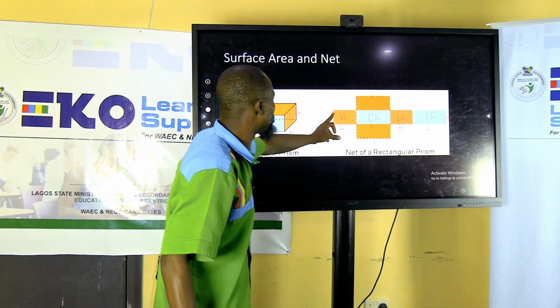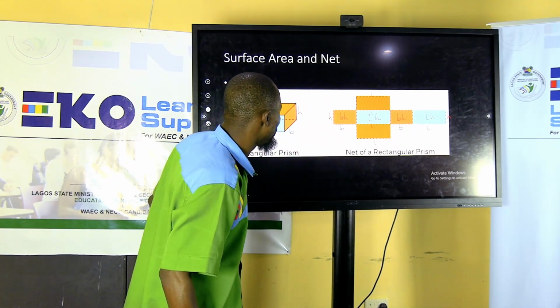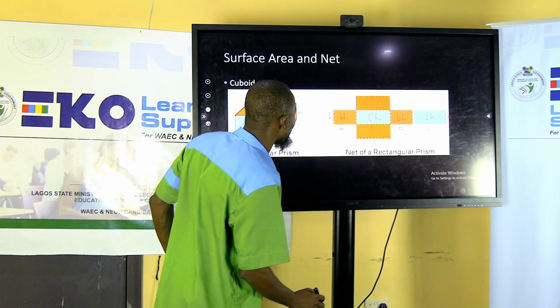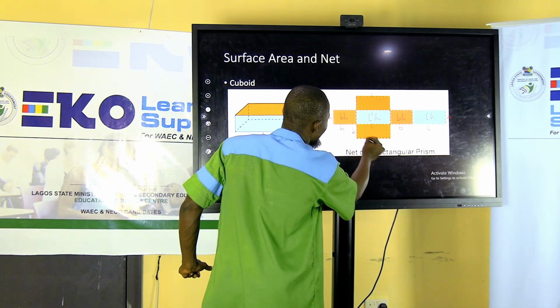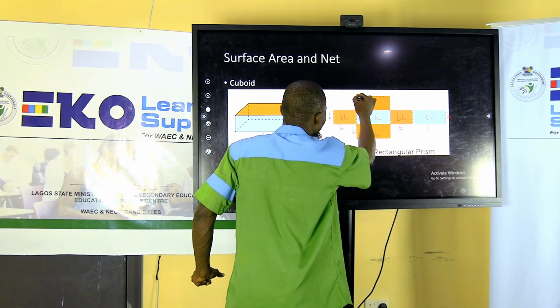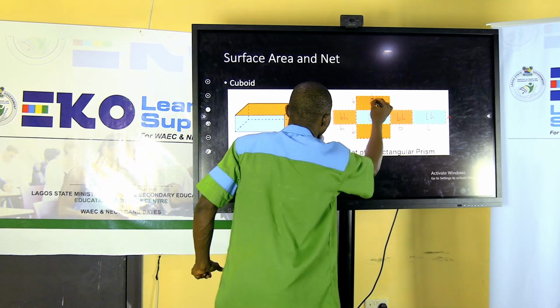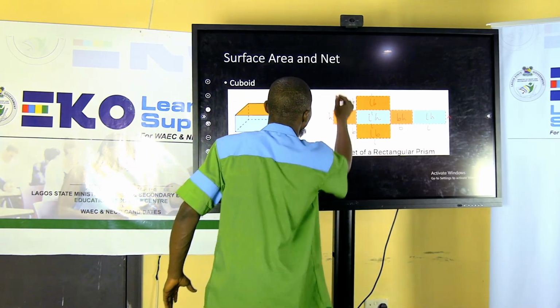So how many BH do we have? 2 BH. Is that clear? So then we also have what? So this will also be what? B. So this one will be LB. This is also B, and this is what? LB. So at the end of the day, we see that the surface area, the total surface area